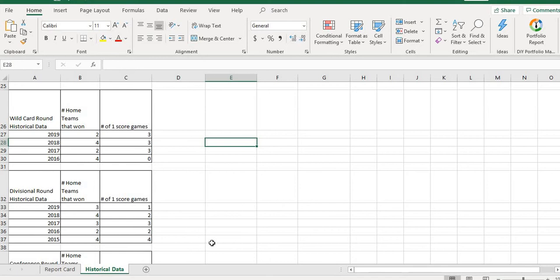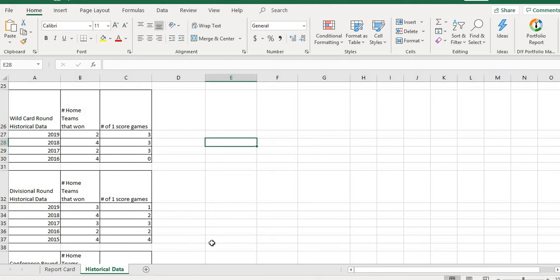So if we look at historical data from the wild card round, a lot of times people overinflate home field advantage, and especially this year where there's not really a lot of crowd advantage, it wasn't as important as we'd like to make it most years. So for the last 4 years, we had roughly about 75% of the teams that were home teams win in the wild card round. And honestly, it goes back and forth. Some years it's 100%, some years it's 50%, and in the 50% year, again, was it really a home field advantage, or was it just a better team? I'll leave that up to you.